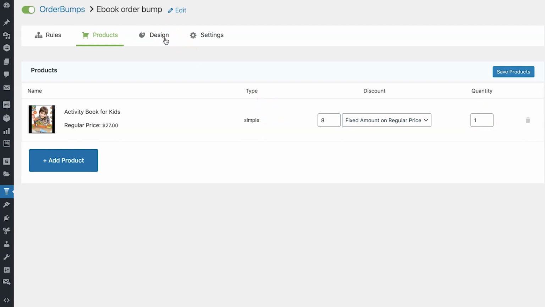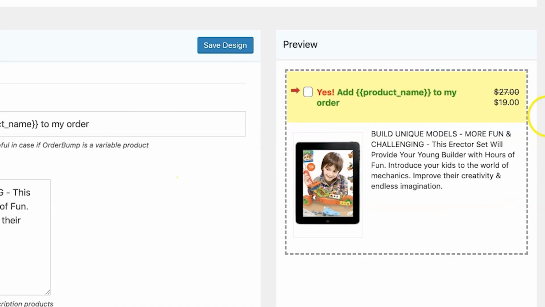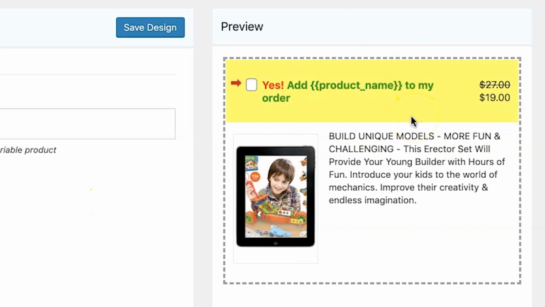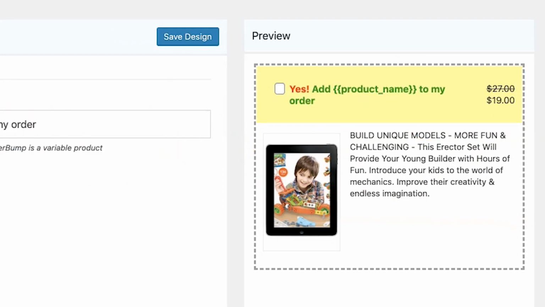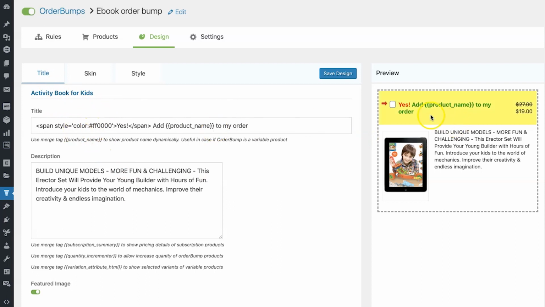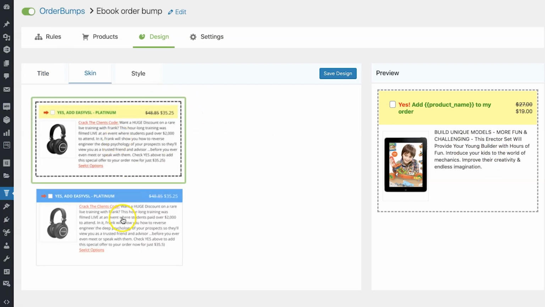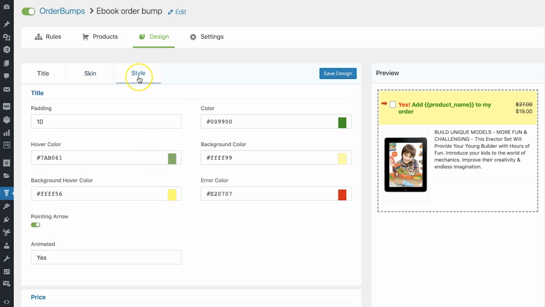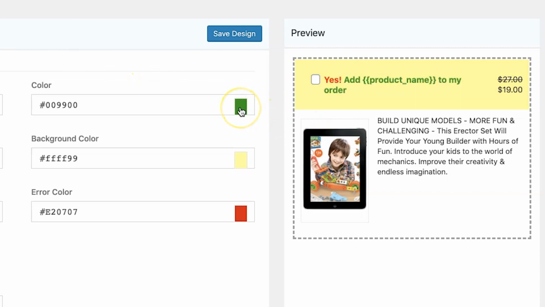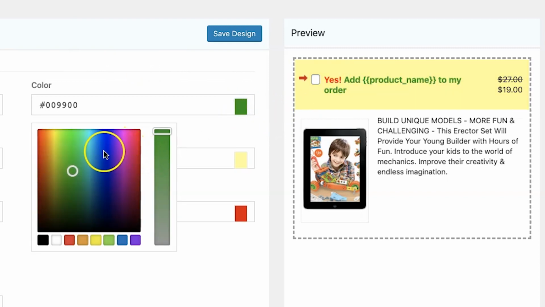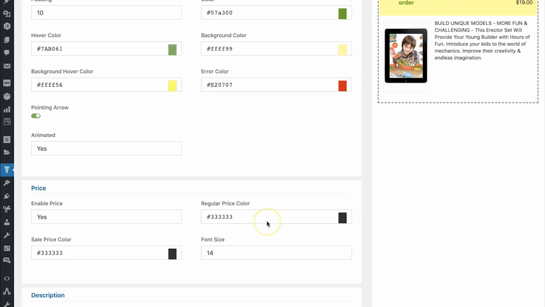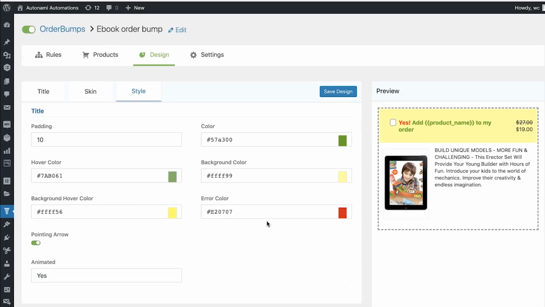In the design section, you will have the option to stylize the order bump element, so you can change the colors and all of that. Of course, first you have the title where you can add the title of the order bump section, and then this is your description which shows up right here. Further, you can choose one of the skins from the 2 options, and finally you have the style tab where you can customize the section. You can change the colors here and just make them whatever you like. So these are the styling options that we have here for the order bump.